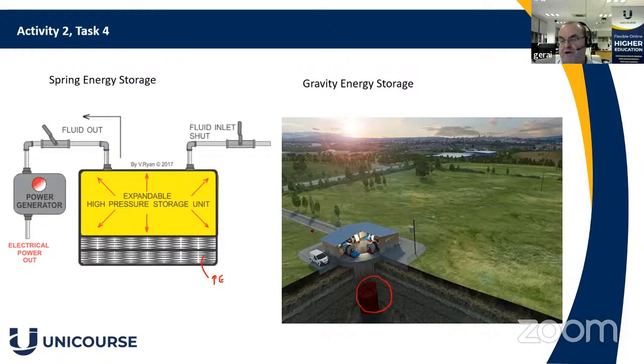Again, it's taking power from the grid. We don't know where that comes from, so it could be a combination of renewable energy and fossil fuels. It'll raise that mass and keep it up the top until that energy is needed, and then it'd be released, and through the wiring system, it'll drive a generator and send that energy back to the grid, to top up the grid